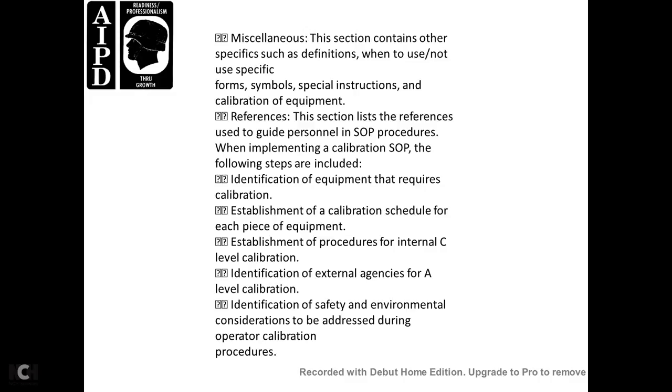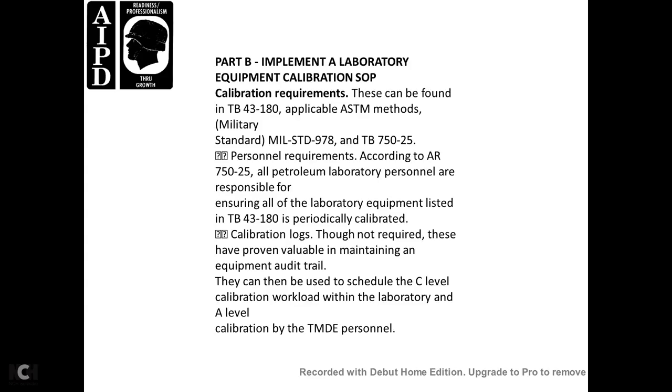Implementation of the calibration standard operating procedure. The following steps are included: identification of the equipment that requires calibration, establishing the calibration schedule for each piece of the equipment, establishing the procedure for internal C-level calibration, identification of the external agency for the A-level calibration, identification of safety and environmental considerations to be addressed during operational calibration procedures. Part B, implement